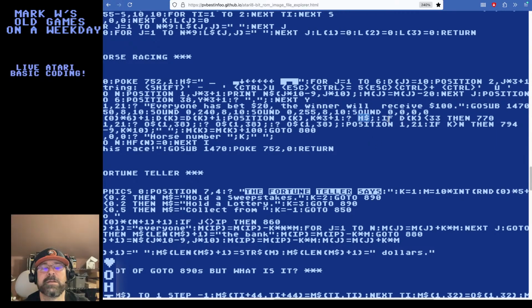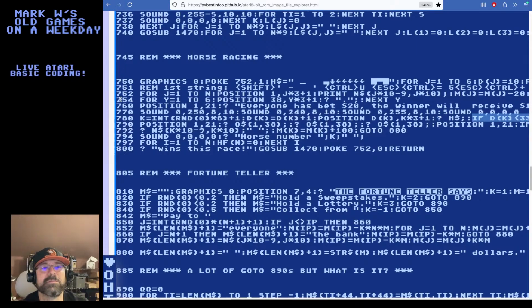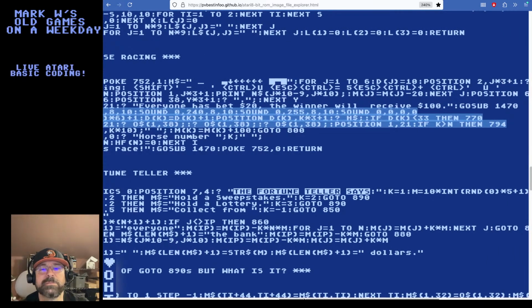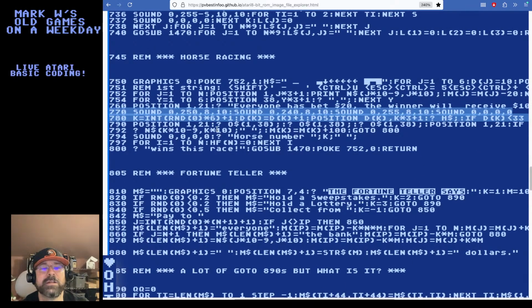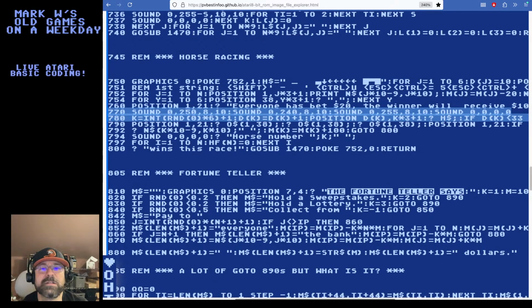Okay. If the distance of this particular horse who just won the round is less than 33, I guess 33 is the magic number to win probably, then 770, it'll go back and it'll repeat in that loop. Okay. So these 2 lines with the colons in between are basically the main action, the horses moving and the sounds playing as they're galloping. So essentially everything I should be concerned about is contained right in those 2 lines, and yet